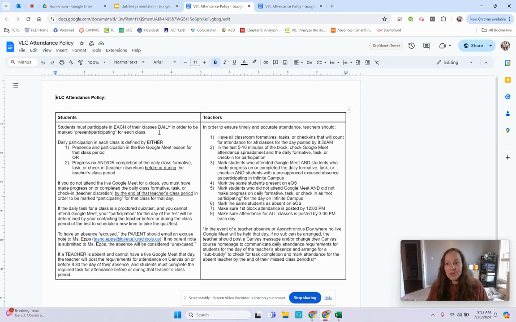What that means for you is you have two different ways that you can get counted as present and participating in class. The easiest way is to come to your live Google Meets for each of your classes. But let's say you have something going on, you're in a car on the way to a tournament, or you've got a doctor's appointment or something like that, then there's another way you can get counted as present and participating for that class period. The second way is to complete or to make progress on